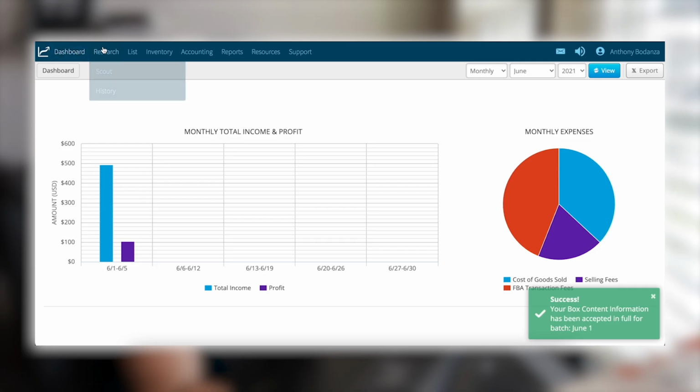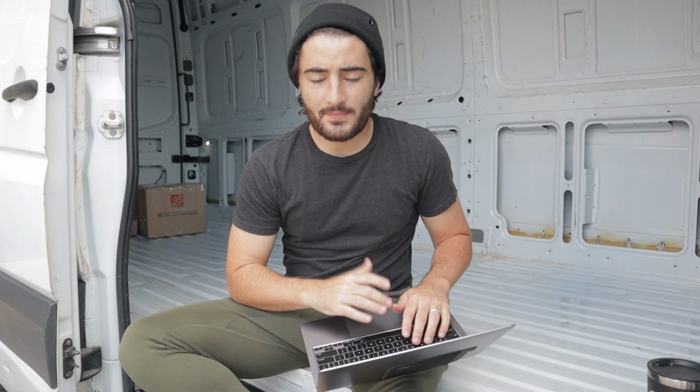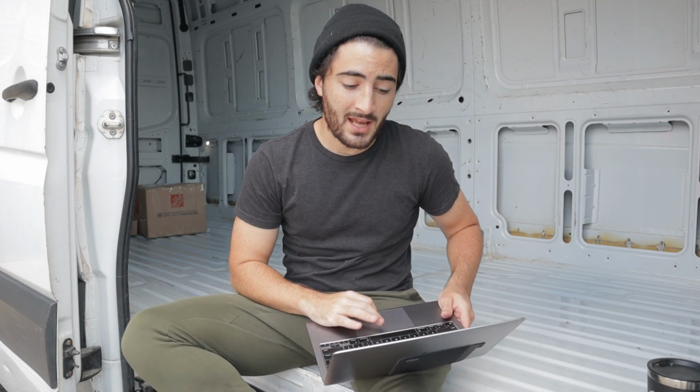So let's go through each of these tabs here at the top to go through just basically what they are and some of the hidden features in InventoryLab. If you have InventoryLab already and you're anything like me, you probably got it just so you can send shipments into Amazon a little bit easier. And until you make a video figuring out what actually goes into InventoryLab, you're not going to know a lot